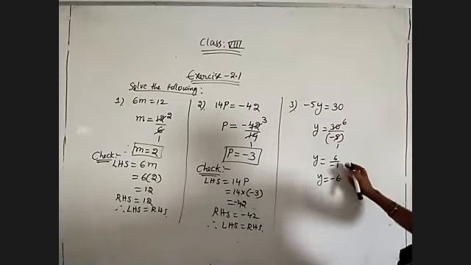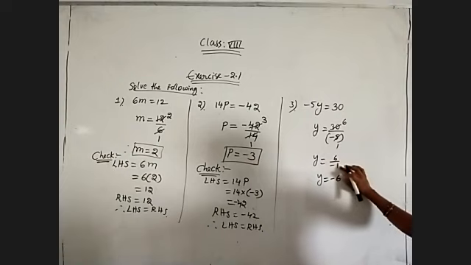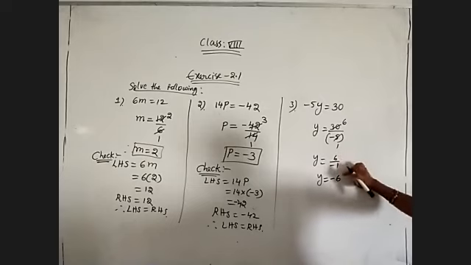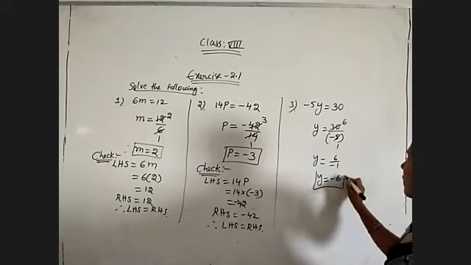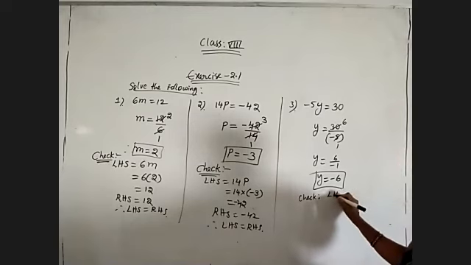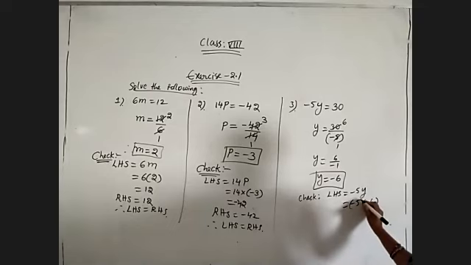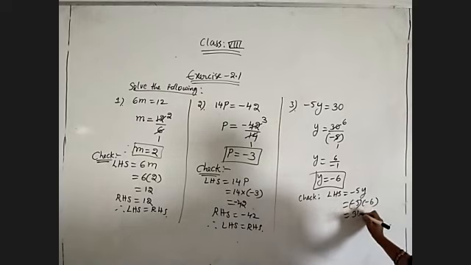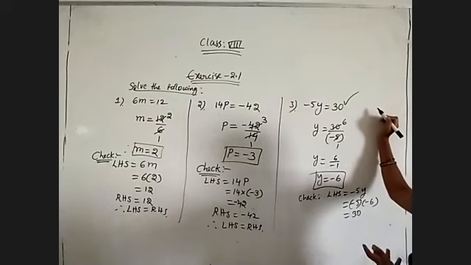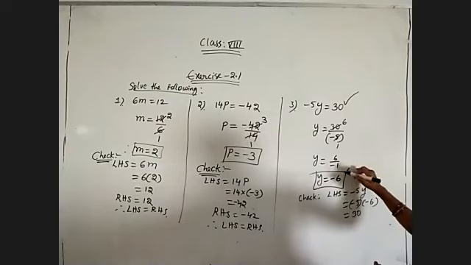So we already know that when we multiply or divide by minus 1, we get the additive inverse of the given number. So here for 6, the additive inverse is minus 6 because we are dividing by minus 1. Okay, so now check the result. What is the LHS? Minus 5y. What is the y value? Minus 6. Minus 5 into minus 6. Minus into minus will become plus. 5 sixes are 30, plus 30. So what do we have at RHS? Plus 30. So our LHS and RHS both are equal. That means the y value minus 6 is the